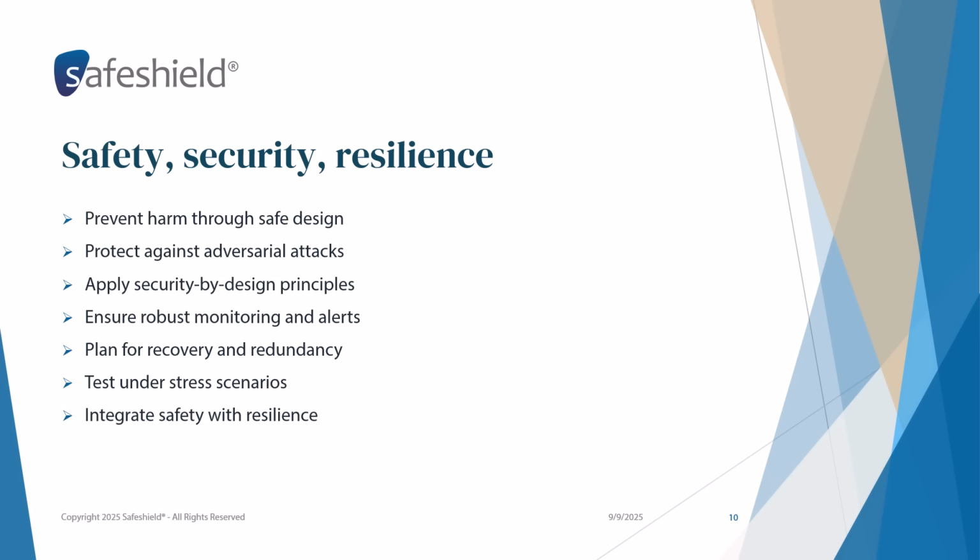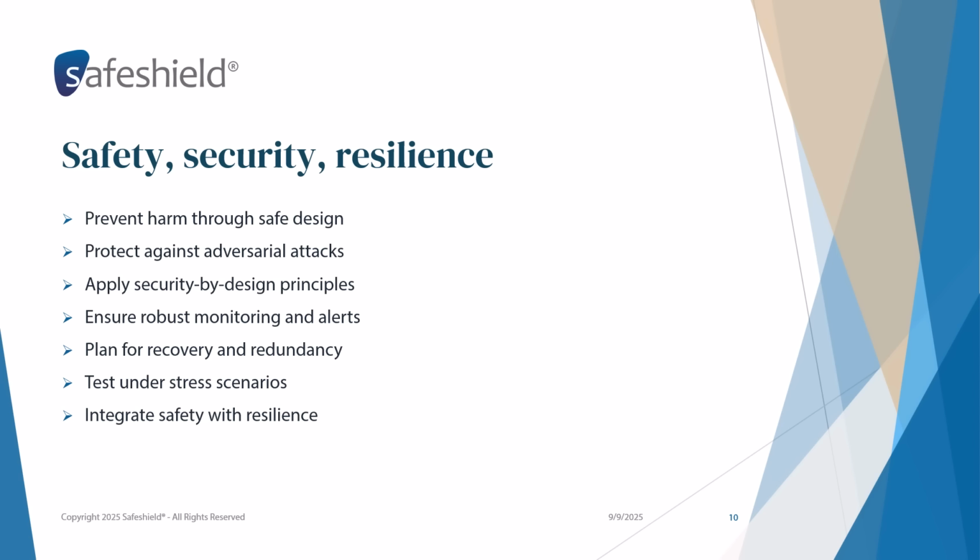Governance frameworks require organizations to conduct thorough risk assessments, implement security by design practices, and establish robust testing protocols before deployment. Safety measures may include fail-safes, human-in-the-loop mechanisms, and simulations of extreme scenarios. Security controls involve encryption, access restrictions, and continuous monitoring to detect anomalies. Resilience demands redundancy, recovery plans, and periodic stress testing. Importantly, safety, security, and resilience are interconnected. A system cannot be considered safe if it is vulnerable to attacks, and it cannot be resilient without proactive security